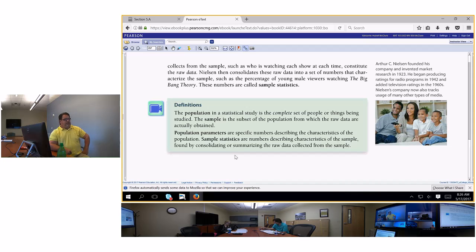Population parameters. All right, population parameters, that means what are the variables you're going to use for the population? Greek letters. Just say Greek letters. What are the sample statistics? What variables are you going to use for the sample? And you're just going to use letters. Now, why do you need to know this? Is this important? Are the formulas different? No, the formulas are not different. But the only reason you need to know this is so you won't show your ignorance.